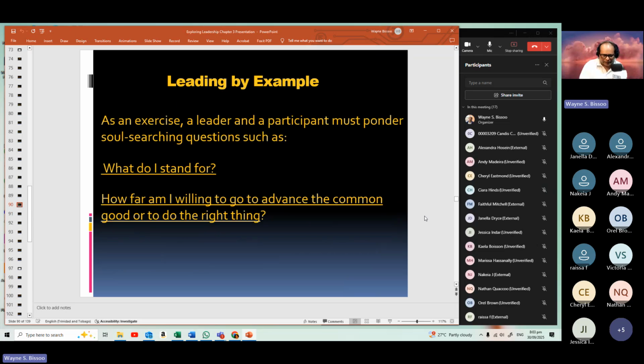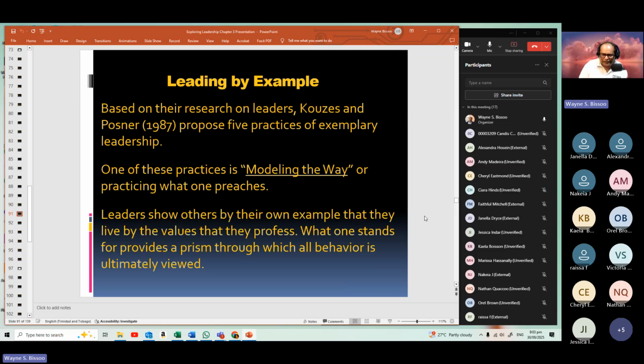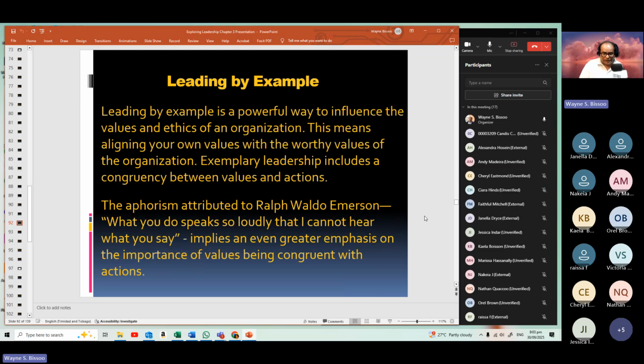And that's why we go back: what am I doing that is correct? So it's a never-ending process of self-investigation of your own value system. Okay, and that's something you're going to have to pay attention to. Because one of the things that is proven is that we learn better from what we see others do than from what they say. If what we say and what we do are different,